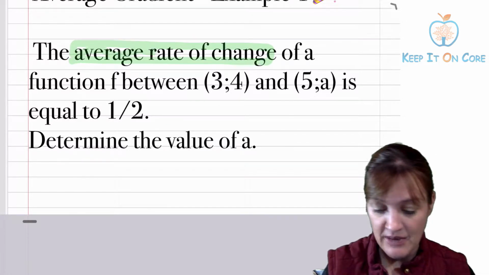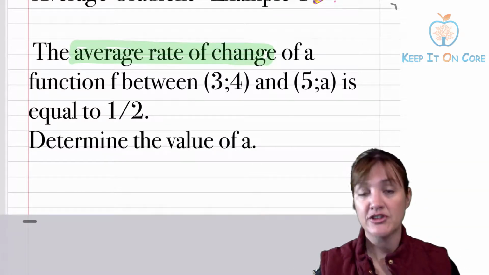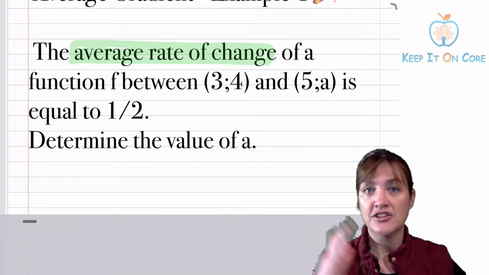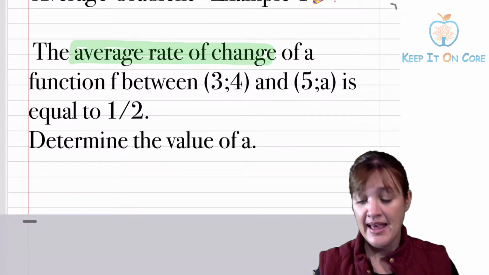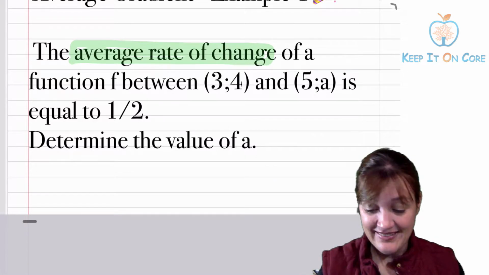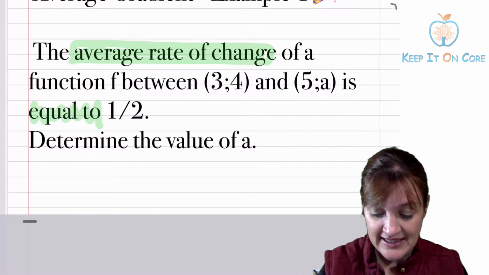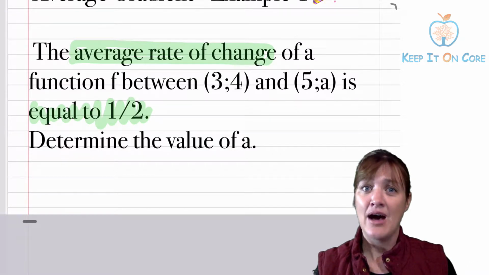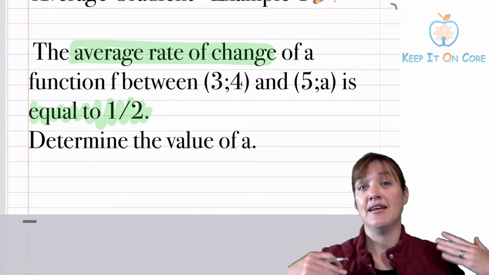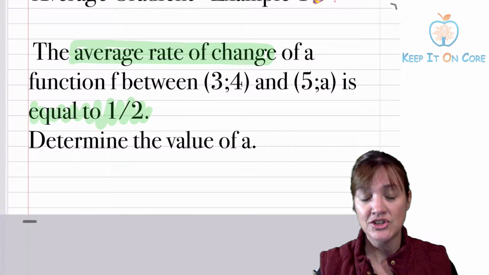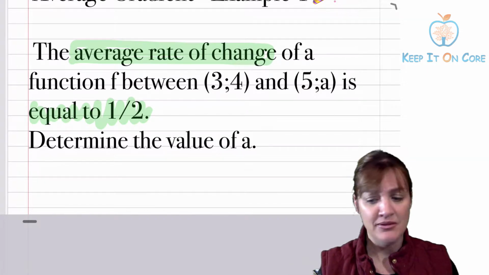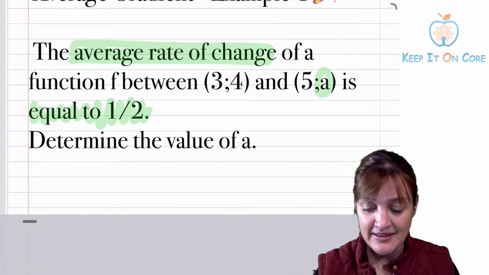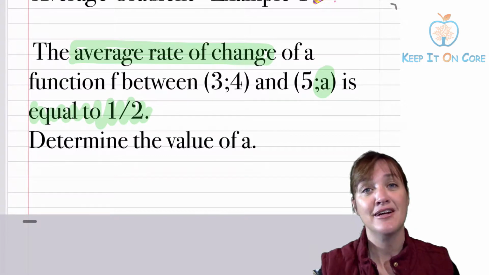Now up until now we've realized that to work out your average rate of change, it's very simply your change in y over your change in x, okay? But they're telling us that the average rate of change is equal to a half. Up until now, every single one we've done, we actually found the gradient or the rate of change. Now they're telling me the rate of change, and what I'm needing to do is to find the missing variable